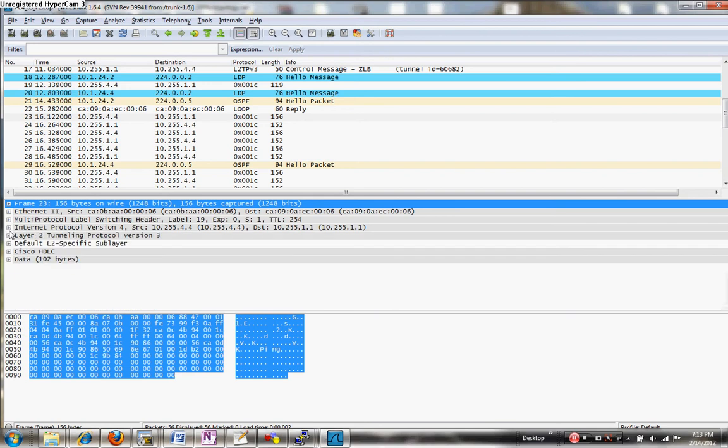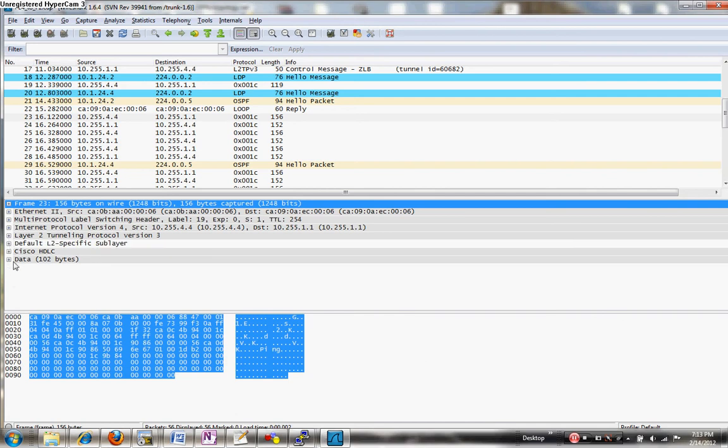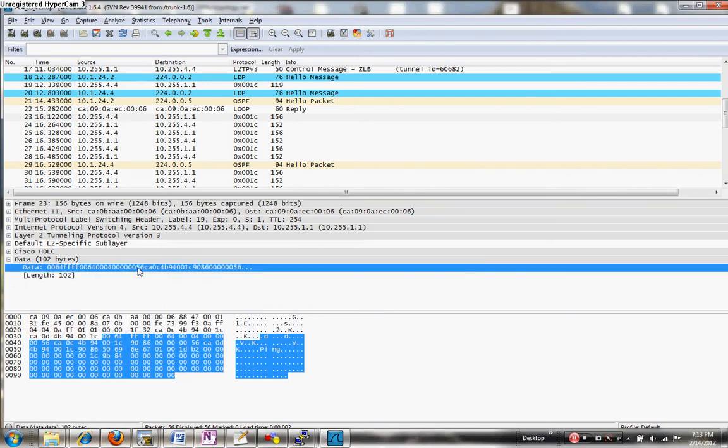Then we get down here into my layer 2, my L2 VPN information, and you'll notice down here, right down here in the data, if you look carefully, you'll see right here 56 Charlie Alpha 0 Charlie is the source